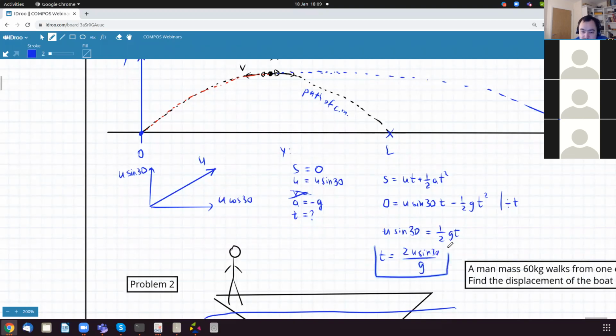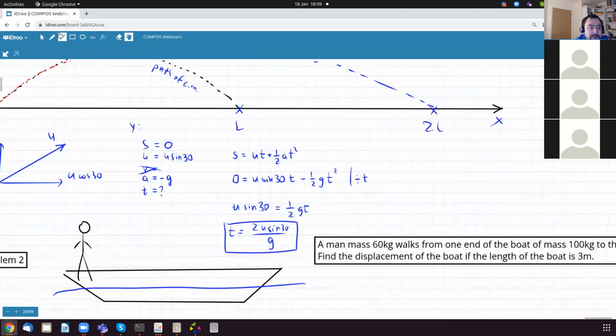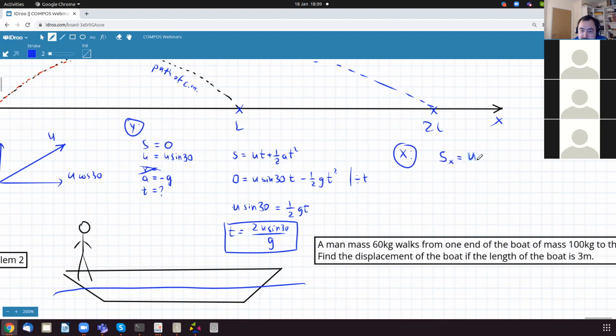Perfect. We have the time of flight, and all we need is the horizontal displacement. So now we consider the horizontal motion, the x direction. This is the motion in the y direction, this is in the x direction. So we know that the horizontal displacement is equal to the initial horizontal velocity times time, which is u cos 30 multiplied by t,